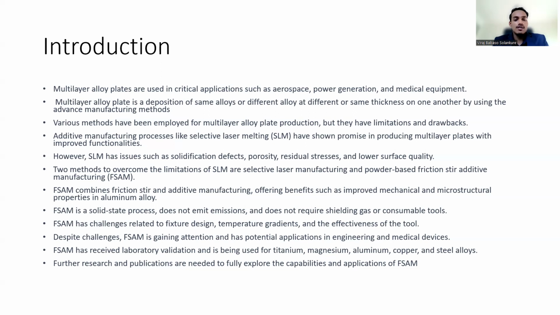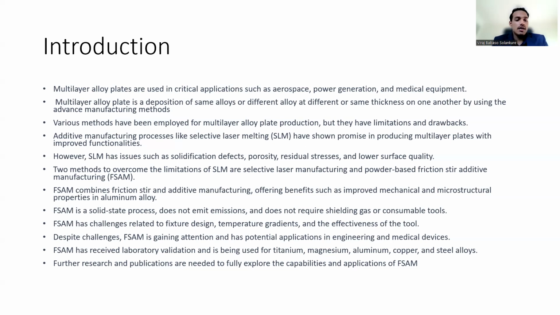However, it also has some issues with deposition defects, porosity, residual stresses, and lower surface quality. So to overcome these SLM issues, we proposed powder-based friction stir additive manufacturing, which is also known as FSAM. FSAM is a combination of friction stir processing and additive manufacturing, which offers improved mechanical and microstructural properties in aluminum alloy. FSAM is a solid state process which does not emit emissions, does not require shielding gas, and a consumable